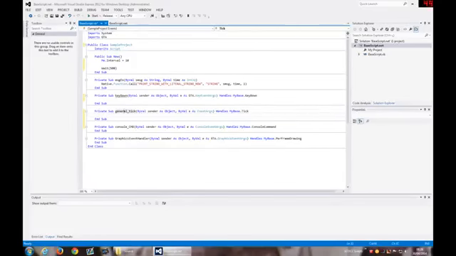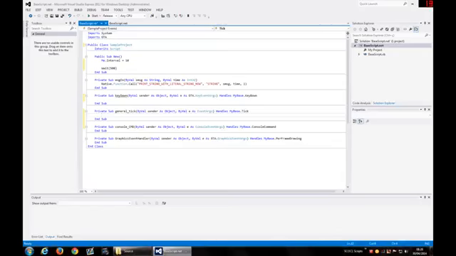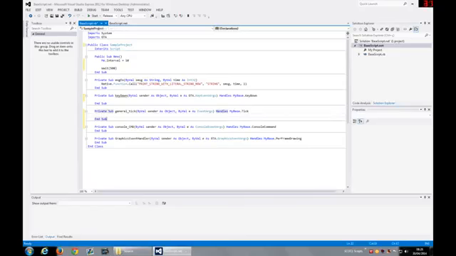So every 10 milliseconds this method will be called. We use the tick to do things that we need to do, like check positions, make effects happen. It's one of the main methods that we have in the script.